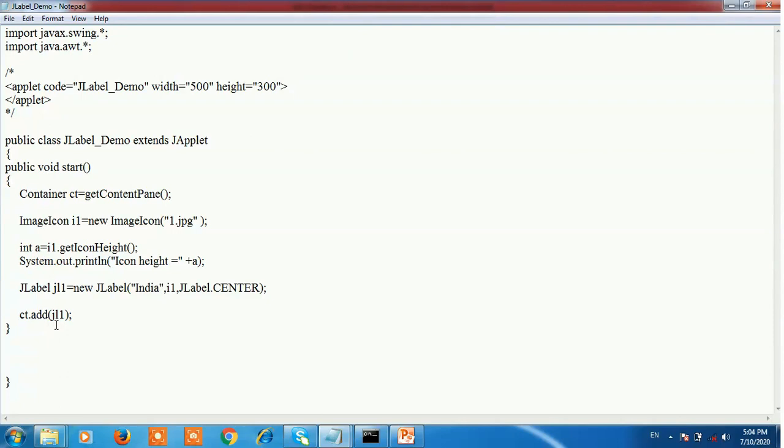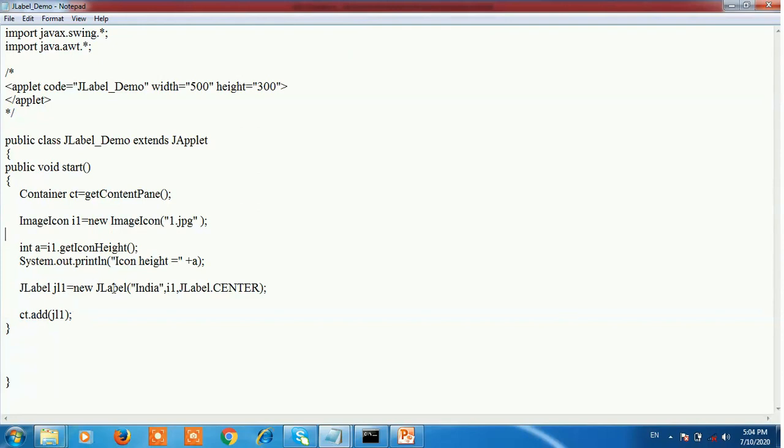After creating the JLabel, add the JLabel object onto the container using the add method: ct.add(jl1). This is an object of the JLabel. This is the sample program of the JLabel and ImageIcon. Here the ImageIcon object is created, and the image is stored into the i1 object.